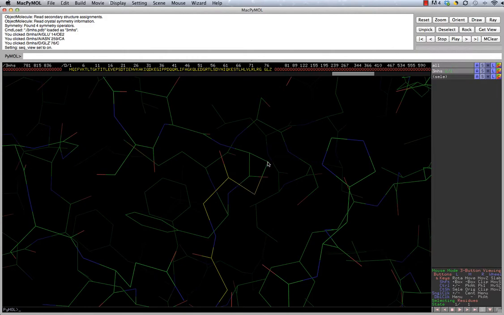Now before I do that, I need to go down here to the lower right and make sure that this selecting option here is centered on residues. If you look here, if that says residues there, if I click on something, it will highlight a particular residue. Now I'm going to go back down here. You can see that if I click on residues, I get another option, chains. And if I have chains highlighted, if I now click on anything in the green protein, the entire